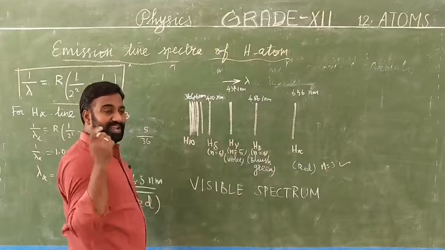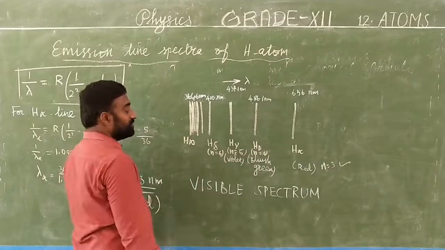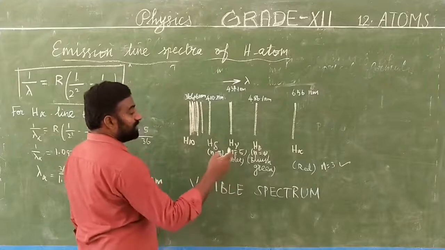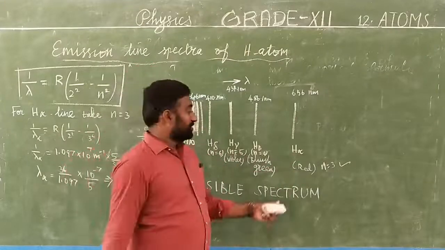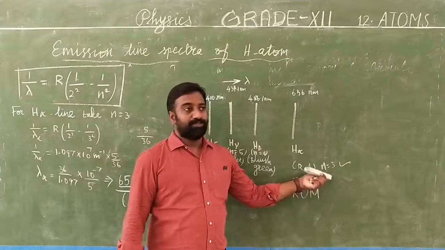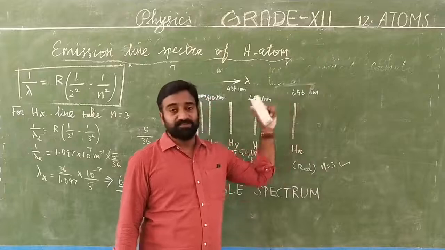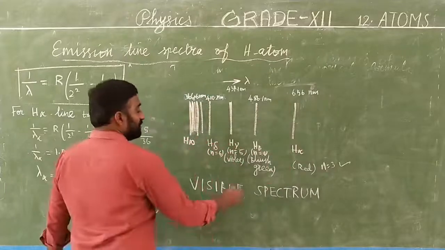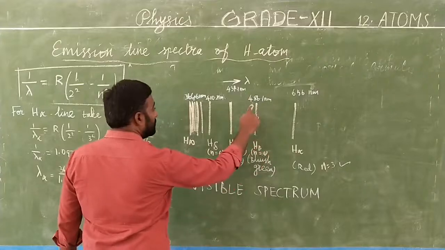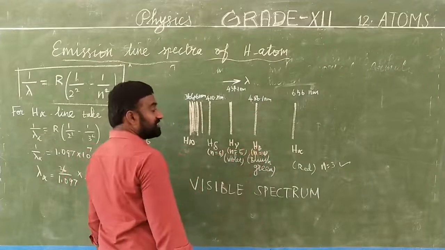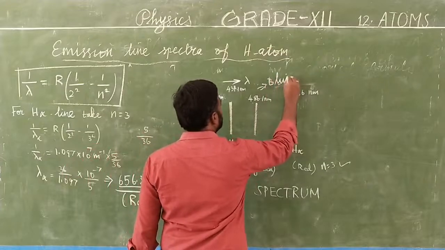The visible spectrum is the 7 colors we see, and the range of those 7 colors is the visible spectrum. So the maximum wavelength goes to the H alpha line, for the case where all the excited levels come to the third state. When all the excited levels come to the third state, the emitted radiation has the maximum wavelength. Similarly, we take n is equal to 4 for the H beta line. This is for the color bluish green.